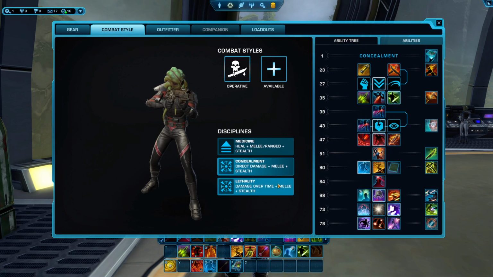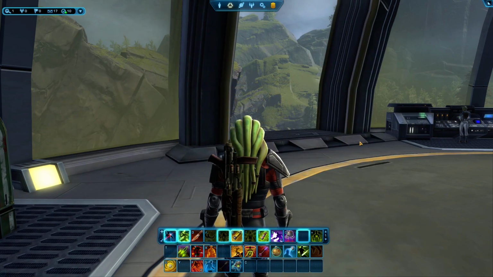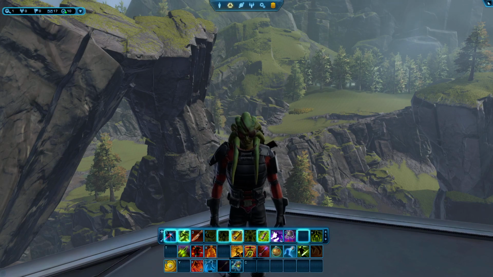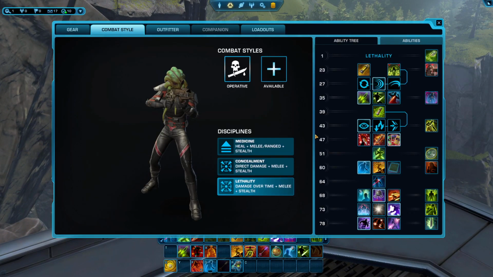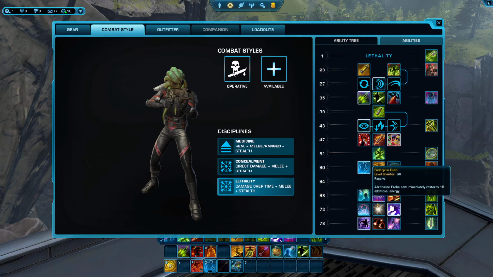So next up, we're going to go check out Lethality. This one I have not played quite as much, but it is the dot-focused spec. And so there's a lot of AoE, a lot of dot spreads, stuff like that. So once again, you'll notice on my trees, just like we talked about a few seconds ago, you'll have this really big choice at 73 between